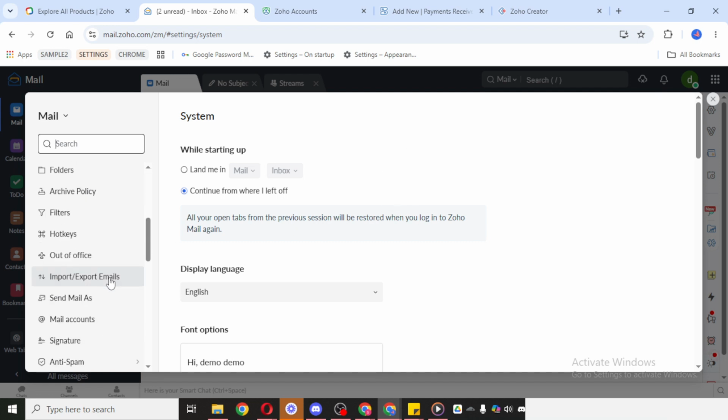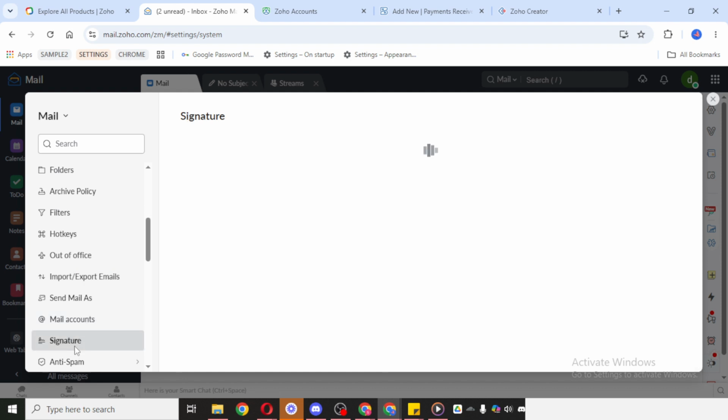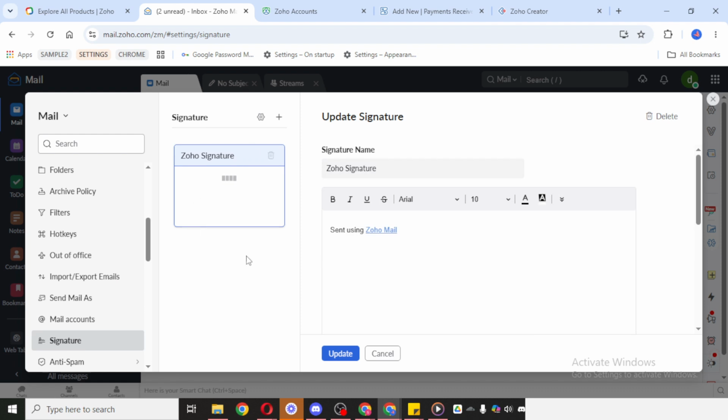Once you open it, you'll see a space where you can type the content of your signature. This is where you can add the footer exactly the way you want it to appear. Now, go ahead and enter your signature details. You can type your signature name and any other information you want included in the footer. For example, many people use this area for a professional sign-off, along with basic business details.